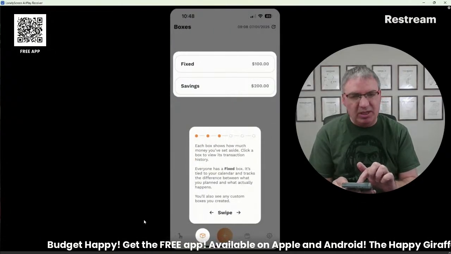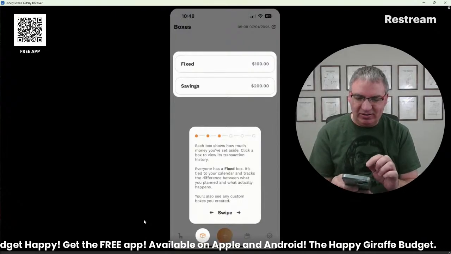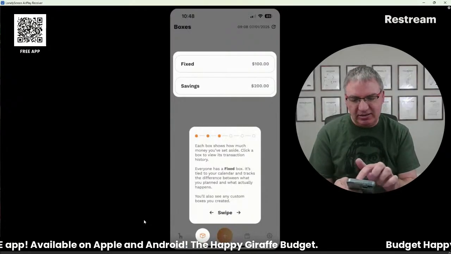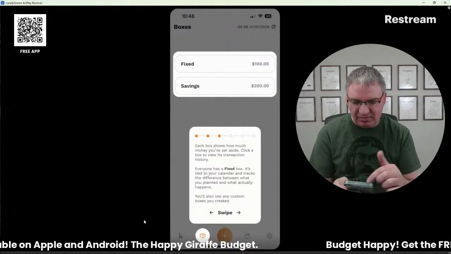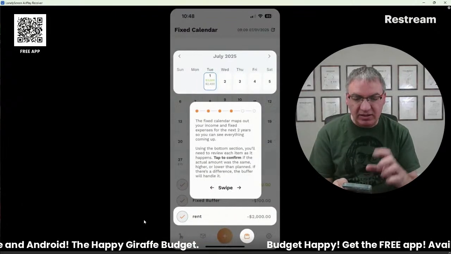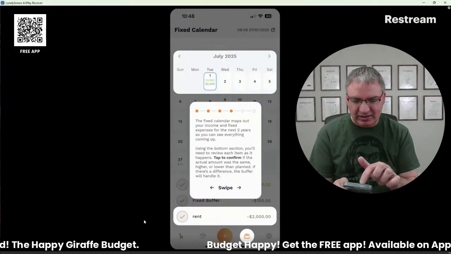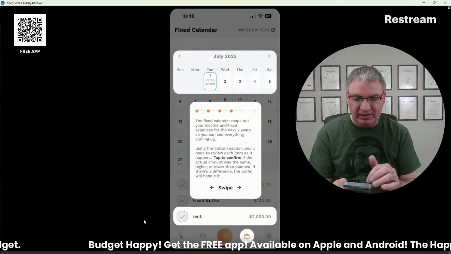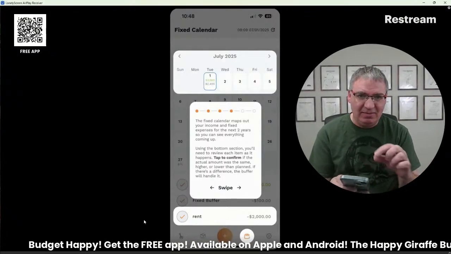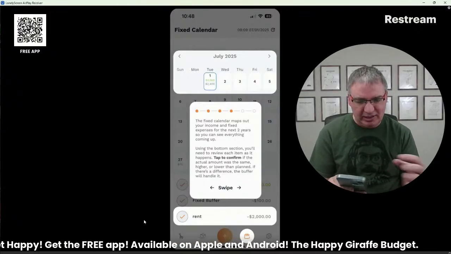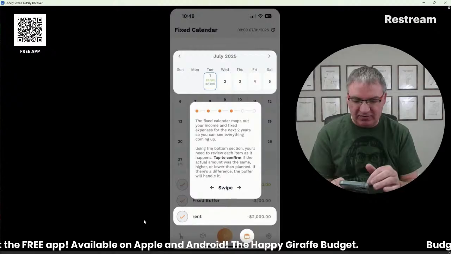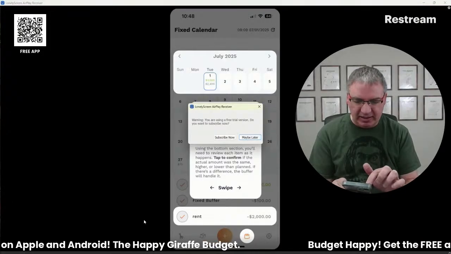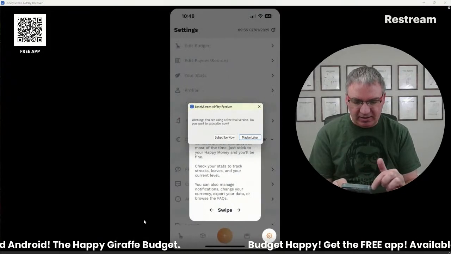There's a little box down there that shows you that in our example, it'll have the fixed box. Everyone has a fixed box. And then ours will have Disney instead of savings. So you can put money into and out of those. There's a calendar section that I'm going to show you. It maps out all of your income and expenses, all of your bills for the next 2 years. Super nice. A lot of people spend a ton of time mapping those out, like every month, on a physical calendar, trying to time everything out. And this does it all for you, which is super nice. And then in the bottom, you can see which ones you have, and I'll show you how to handle them in just a second. There's the settings over there.